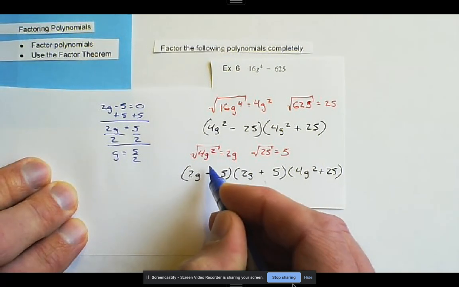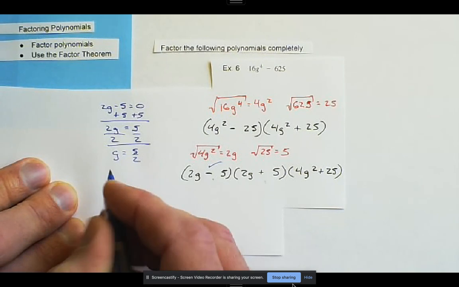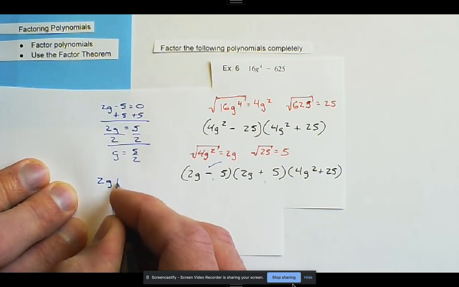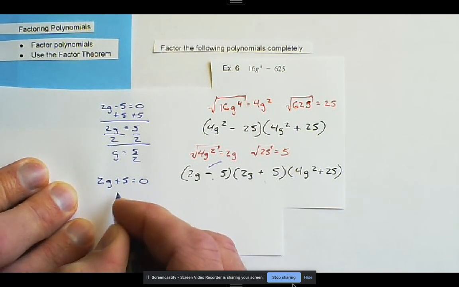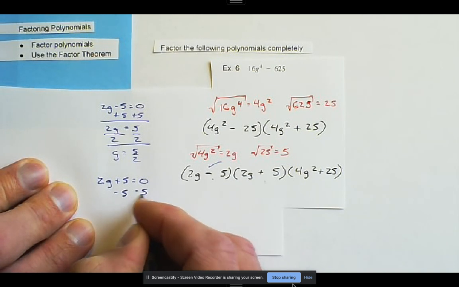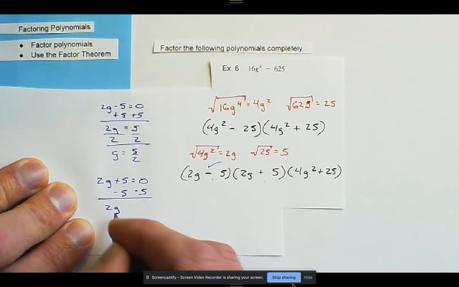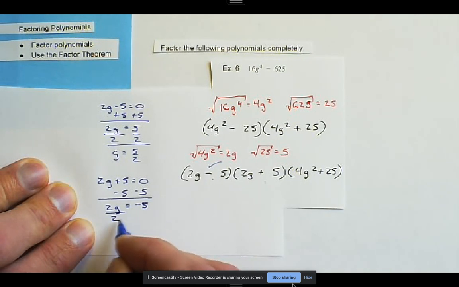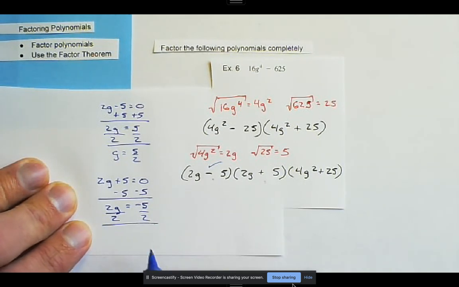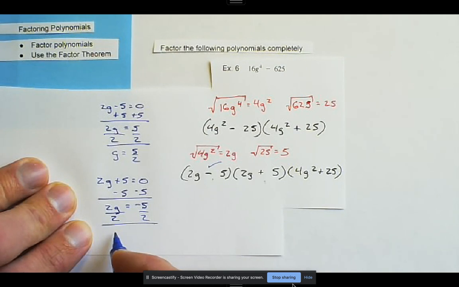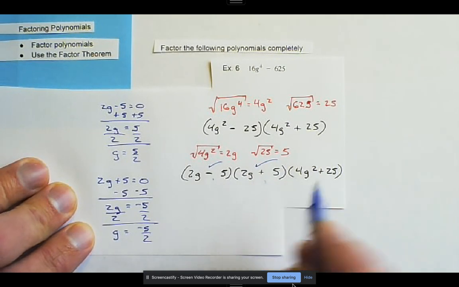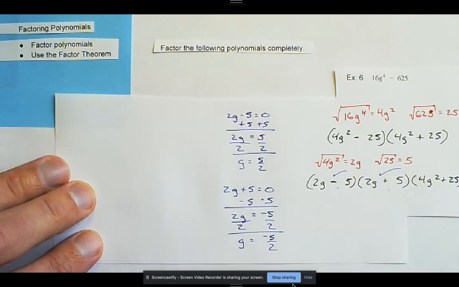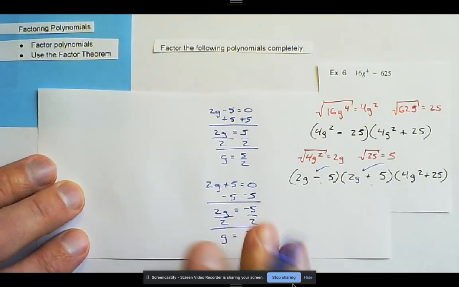We do the same, so we check that one. We check the next one. We have 2g plus 5 is equal to 0. So we subtract 5. We get 2g is equal to negative 5. Divide by 2. And then we get g is equal to negative 5 over 2. And then our last one is